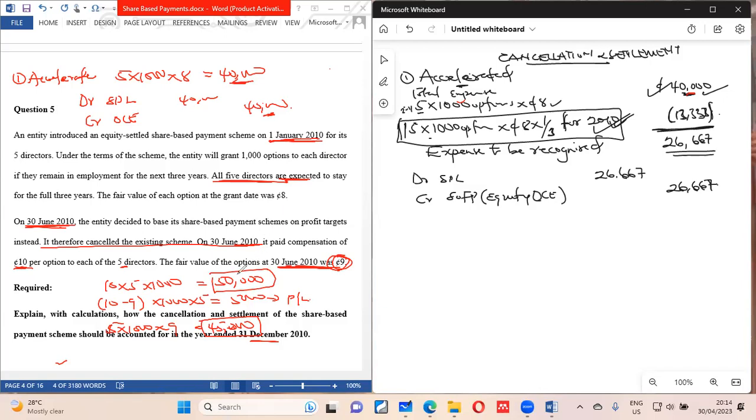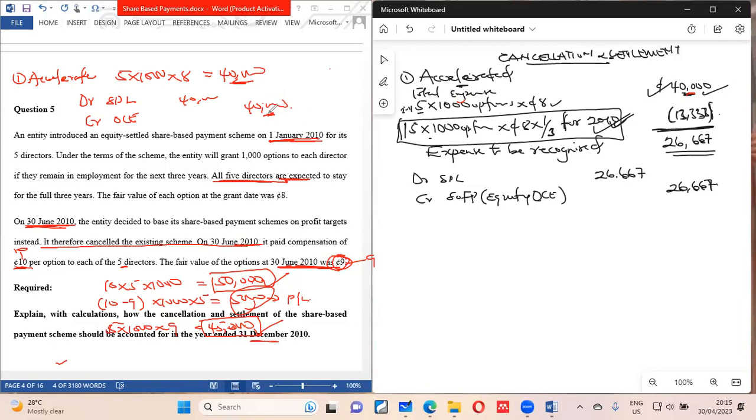So what we are saying is that any excess payment of fair value of the equity instrument at the cancellation or settlement is treated as an expense. So this is the fair value. Payment made in excess of fair value at cancellation. What is the fair value at cancellation? 9. Payment made in excess. This is the payment, 10, that was made. So they paid this. That is the payment. But at the cancellation, it was 9, which is 45. Any payment that has been made in excess over here is what is going to the P&L. That is all that we are saying.